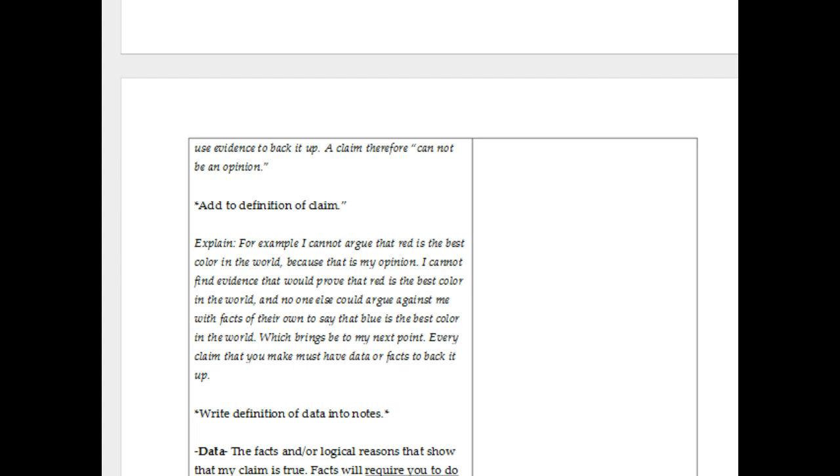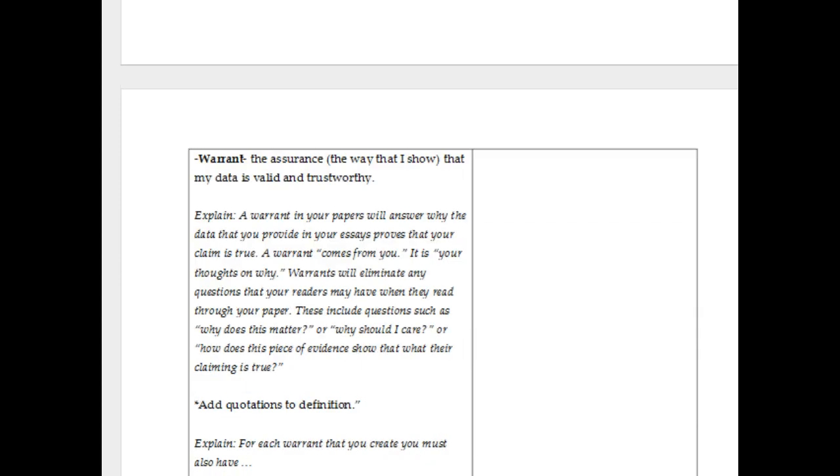Remember the chart that I drew on the board, right? Data was first, claim was second. And that's to begin to break them of this habit that they should just go out there and find things that agree with them and just ignore all the other research. Because that becomes a really dangerous pattern for kids to carry on through high school and even into college. So other than your order of operations, I think that your definitions are really well done.